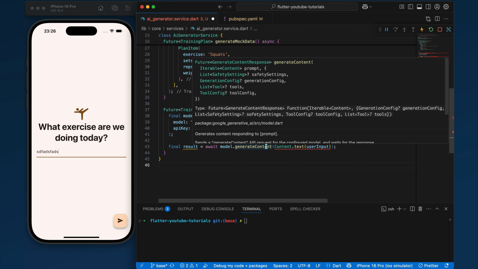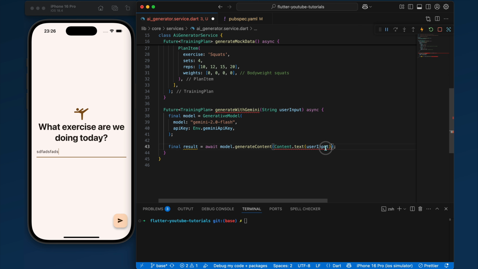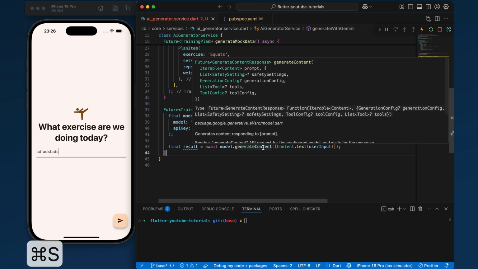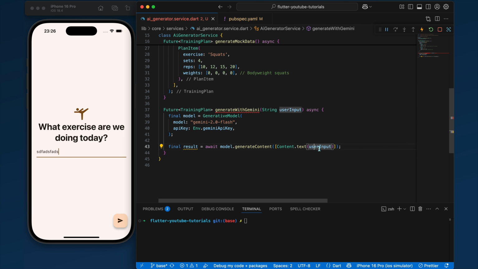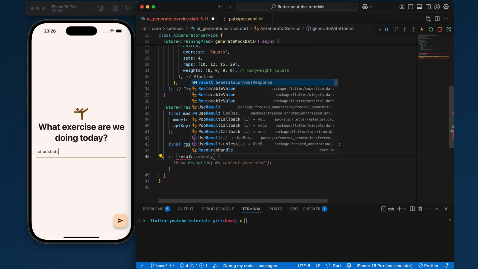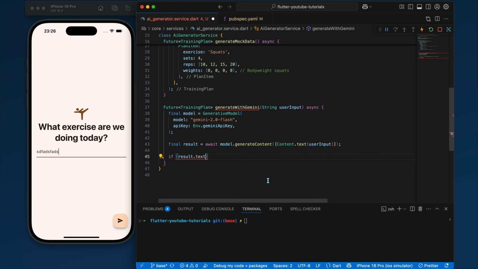That's right. Generate content has a prompt, which is an iterable of content. So we have to put this inside an array. So there we go. We'll come back to that. It says prompt, so that is a user prompt, right? So there's the result. So if result dot text is empty, then let's just do, I'm just going to